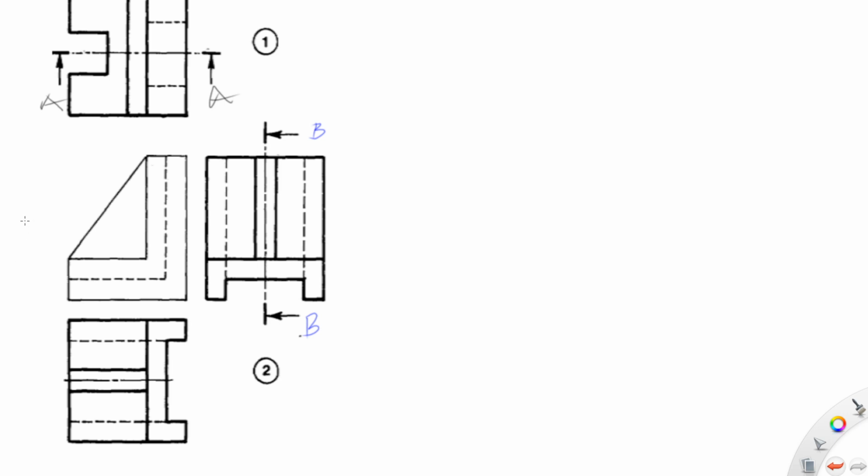Then there is a web here. We can see a web on the front view, let's say this inclined surface. This indicates a web. We can have a representation of it on the plan, which is made up of these two lines here. That's the web. And on the end view, we can also have the web represented in this direction. We know that we don't